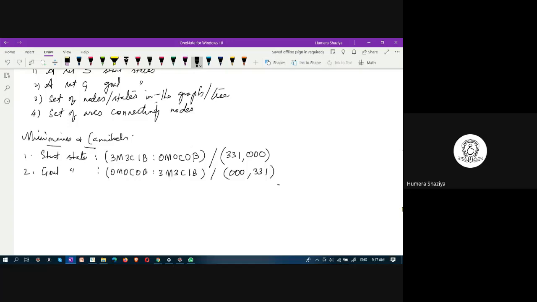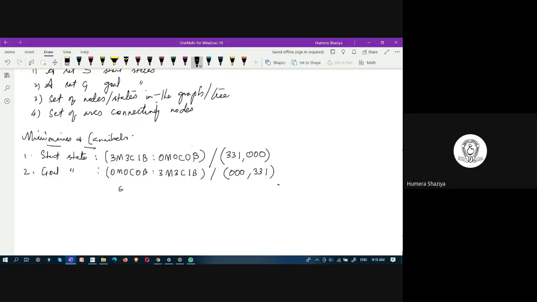And there can be a valid state, and there will be an operator. We apply the operator and we reach the next state. How it is done, let us look at it with an example.